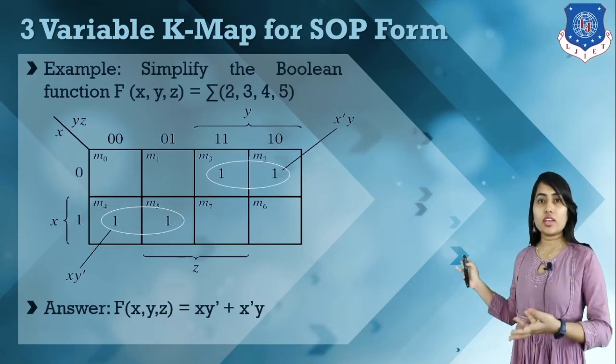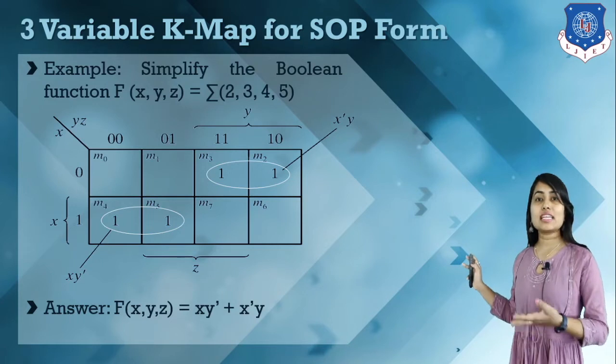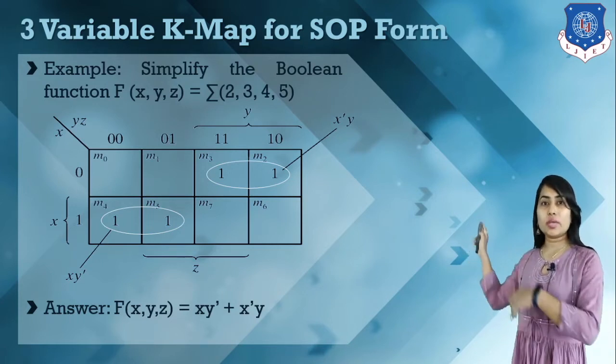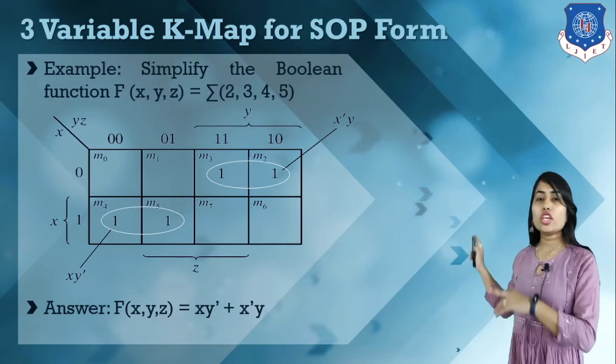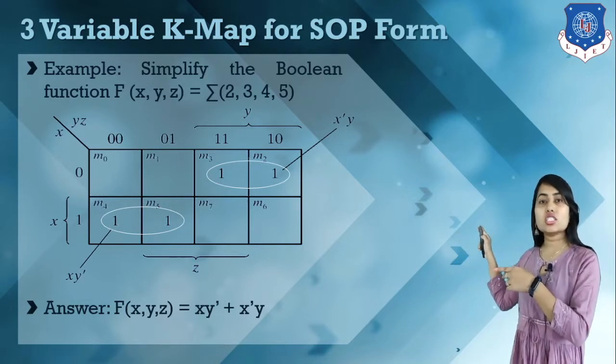Then, can we make a group of 4? No. So we have a next option, that is a group of 2. Can we make a group of 2? Yes, we can make a group of 2 like this. Okay, so here we have a group of 2 like this, and if we write a logical function for this